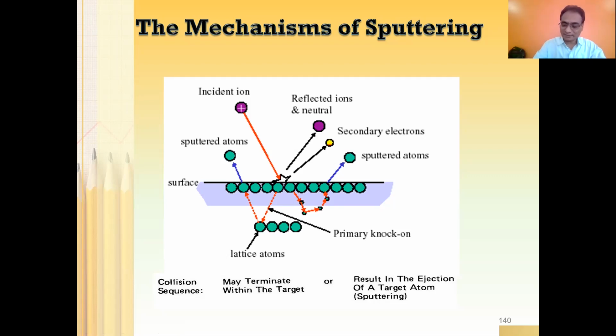So what does this mean? Either we will do etching, or we will dislodge the atoms and deposit them on some other substrate. So it means that sputtering can be used for etching the material, or it can be used for deposition of material as well. This is the unique system which can be used for dual purpose.